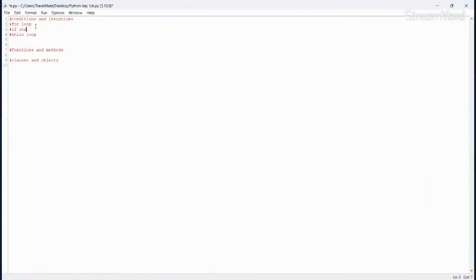All right, so we have statements. Cool. So what is a for loop? A for loop helps us to iterate through items. For example, let's say I have a list of items, and this is how you write lists in Python.